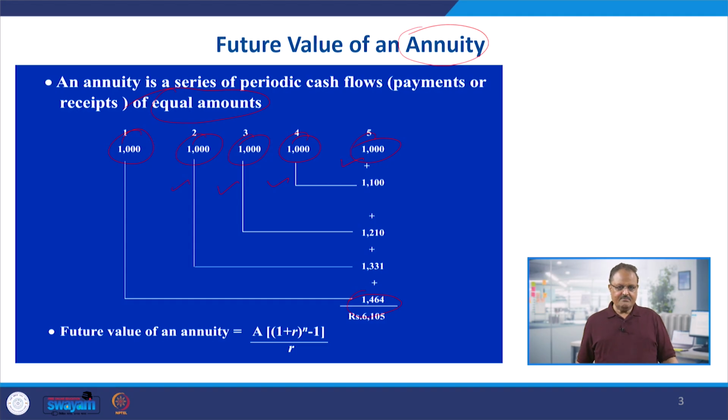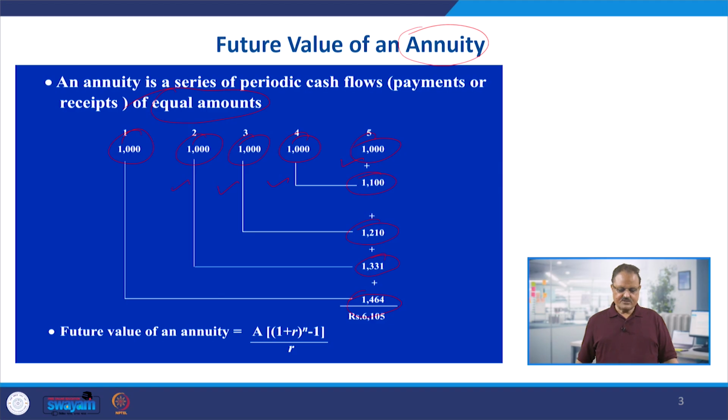The second 1000 you give at the end of the second year. So you have a compounding period of 3 years, and this 1000 becomes 1331. And the third 1000 you give at the end of the third year. So you have a compounding period of only 2 years, and this amount of 1000 becomes 1210. And the fourth, when you invest this 1000 at the end of the fourth year, it becomes 1100, and any amount invested at the end of the fifth year,